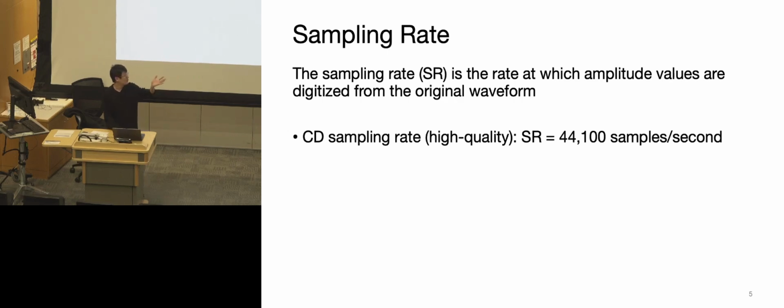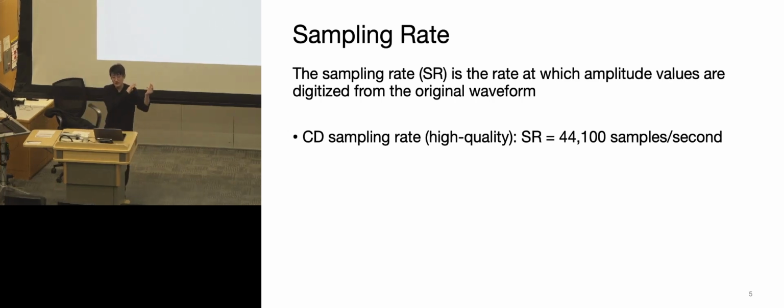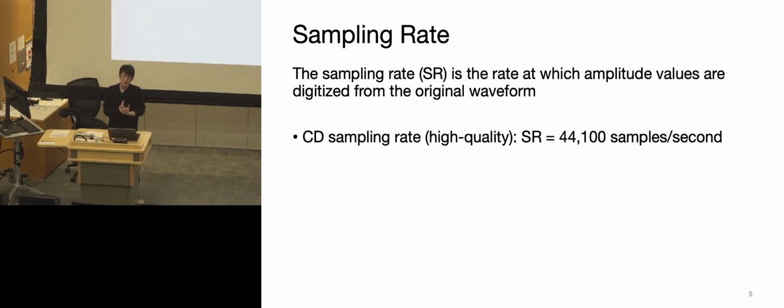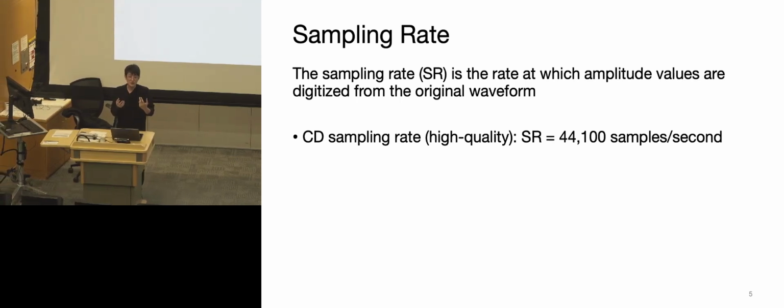Any ideas or guesses why they chose that? Yes? Human hearing goes up to 20 kilohertz, so you need to do 44,000 because of the negative rate there. That is very correct. Human hearing is about 20 hertz to 20K, and using this sampling frequency, we're able, in theory, to reconstruct